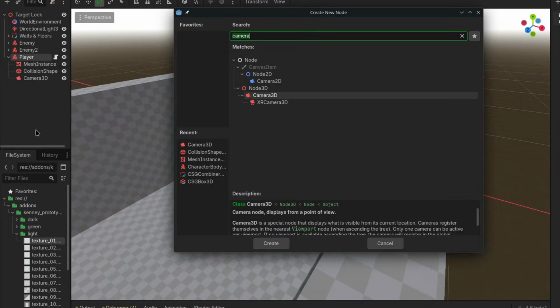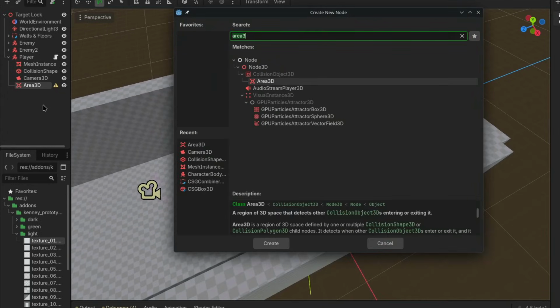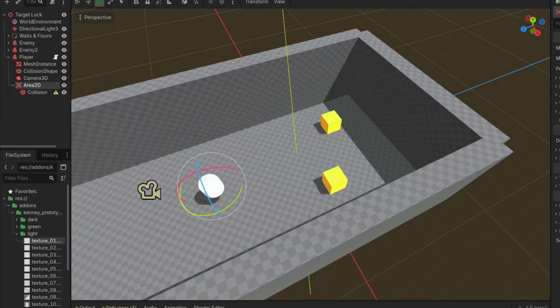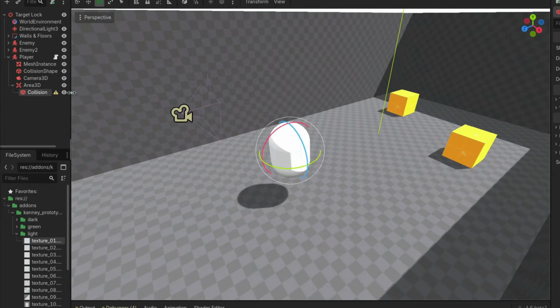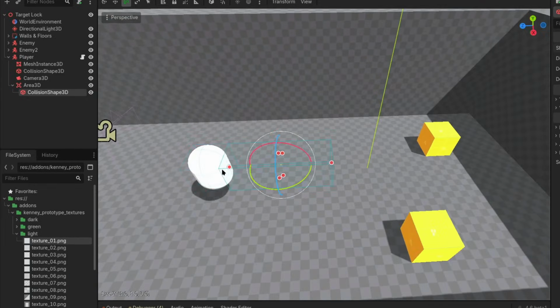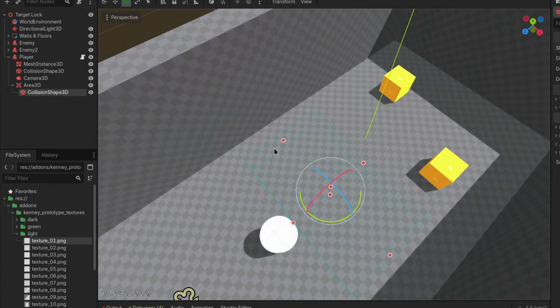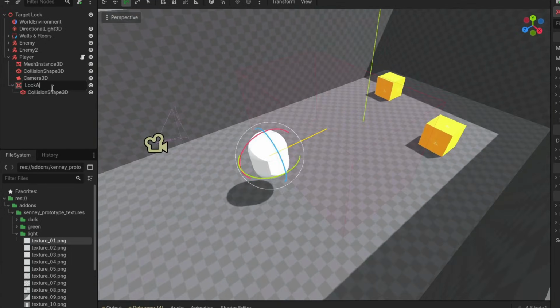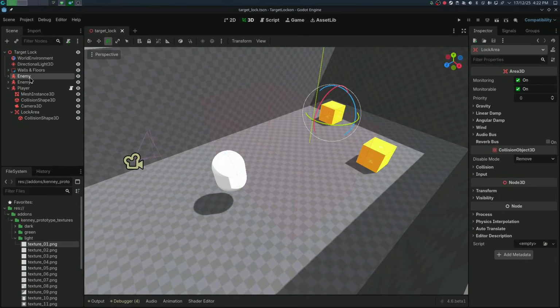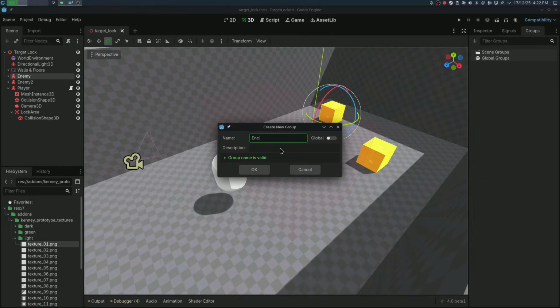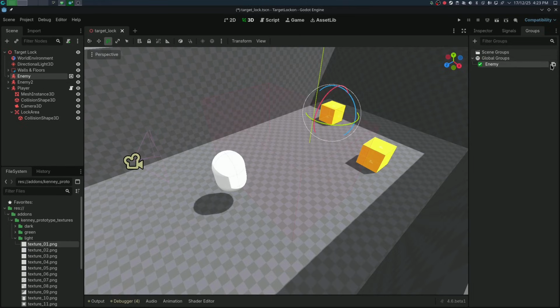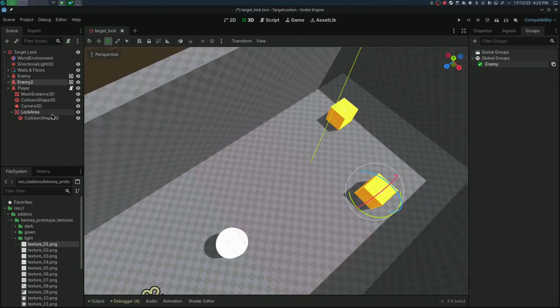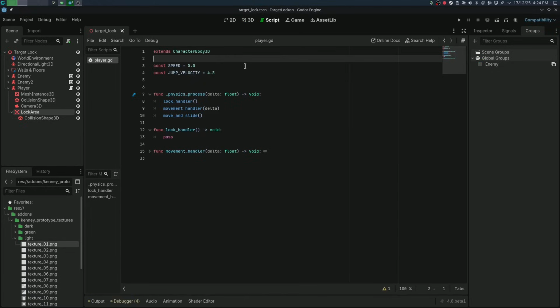Once here, we will firstly make our targetable area. To reiterate, this will be the area within which we are able to lock onto our targets. Let us just make this a child of our player. And speaking of targets, how do we tell the target area which enemy it has to look for or scan for? There are a couple of ways to go about this, but what I like to do is to make a group called enemy and add our enemy nodes to that particular group. Now what we will do later on in the code is to tell the targetable area to scan and register only the nodes belonging to this particular group.